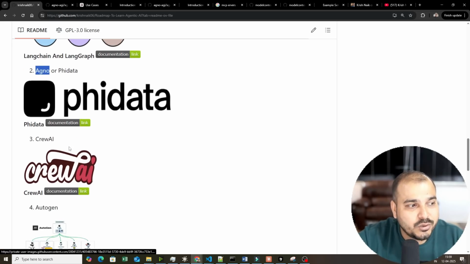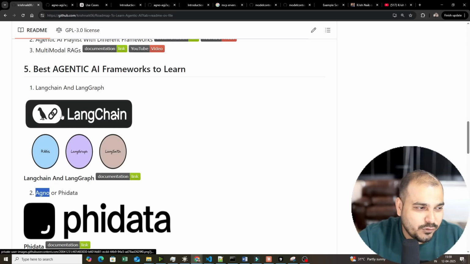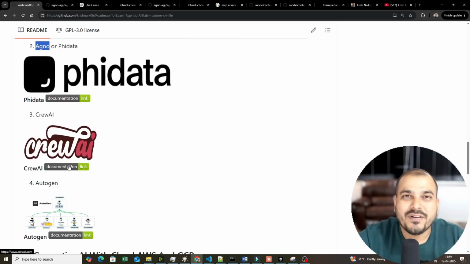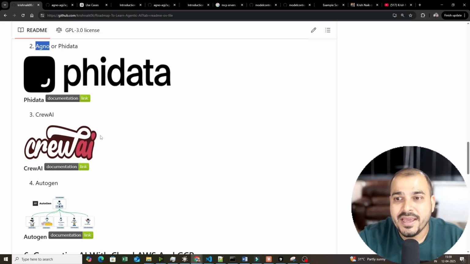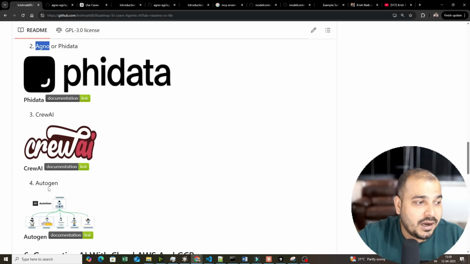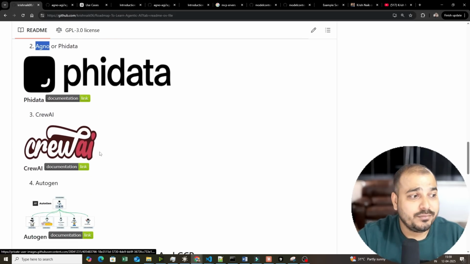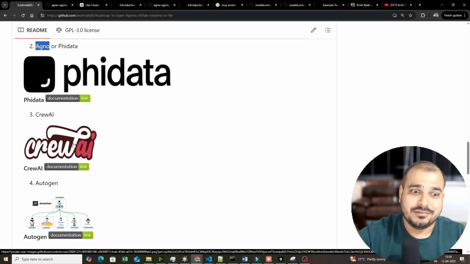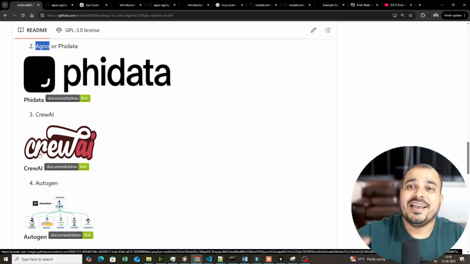Now, once you are able to do this, the next framework will be CrewAI. So if you do both of them, then all the remaining frameworks become much easier to learn. So you have another framework which is called CrewAI. And CrewAI also has support for AutoGen, it has support for LangGraph, LangChain, right? And the best part is that whether it is different LLMs like OpenAI, Groq, Google Gemini, you should be able to learn and implement it with CrewAI also. And here also the focus is that it helps you to create agents very easily.